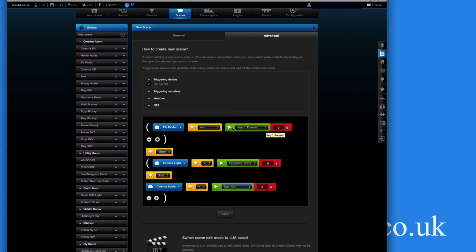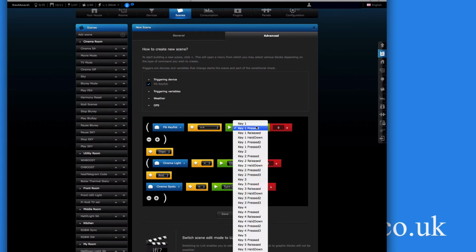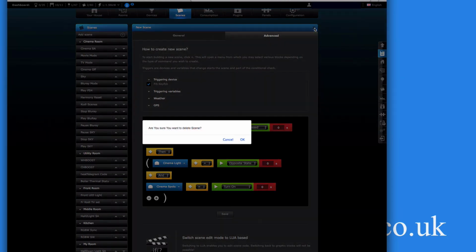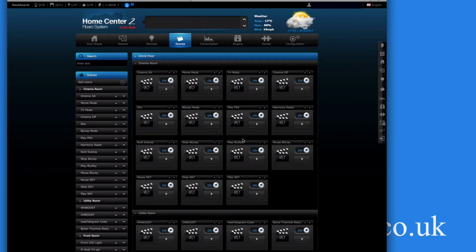So all you would do is create multiple scenes and just alter this depending on what action on the buttons, which key button, and then create a scene. So you can create 24 scenes using blocks. Now that's okay. Simple, easy to use method. Alright, you do have to create 24 scenes, so there's a bit of work involved,